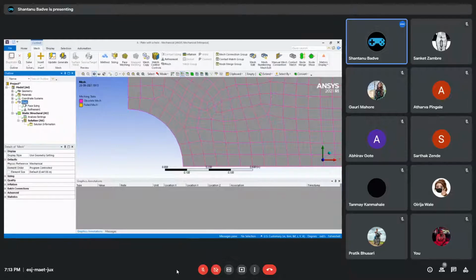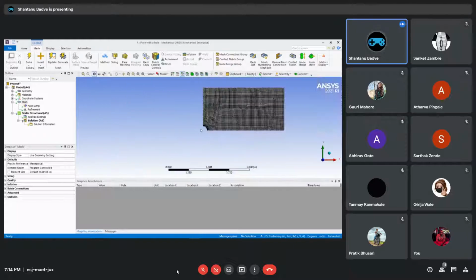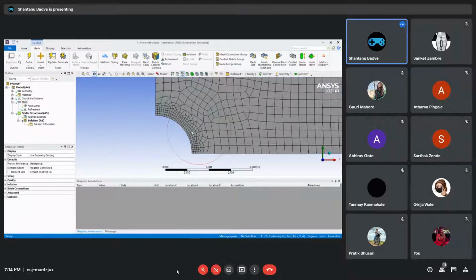I will come back and click here on mesh, and as you can see there is this lightning bolt in here, which means that something needs to be updated. All right. I will just click on mesh, and as soon as I do that, it goes into computing, and now you can see that there are more elements in here, more of these quadrilateral and triangular faces, and they are only applied to that section, and everything else is left out. All right, which is what we wanted and which is what we got.